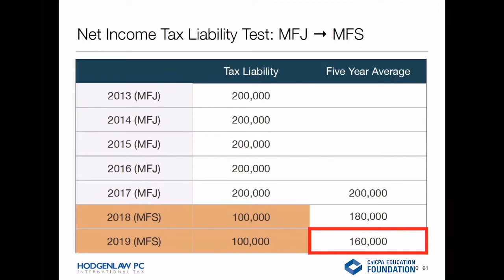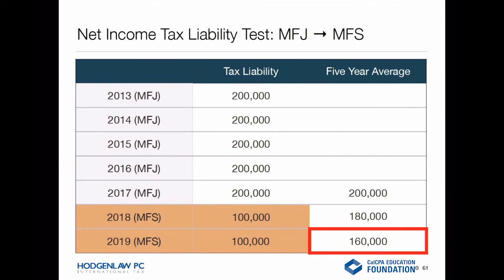Now, one thing you can do, and we've actually worked with some clients where we've used this strategy, is begin filing separately. And it won't necessarily cut your individual tax liability in half, like the way it's shown on this chart. In reality, it'll probably be a little bit different than that. But let's say hypothetically, you've been filing jointly for 5 years, from 2013 to 2017. Let's say hypothetically in 2018, you start filing separately, and your individual tax liability on your separate return is